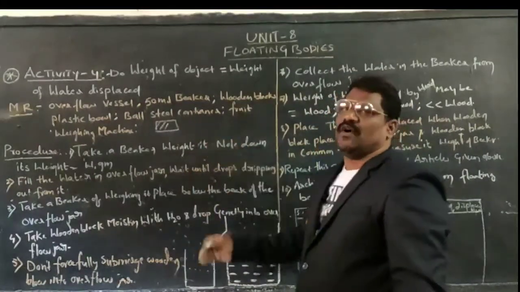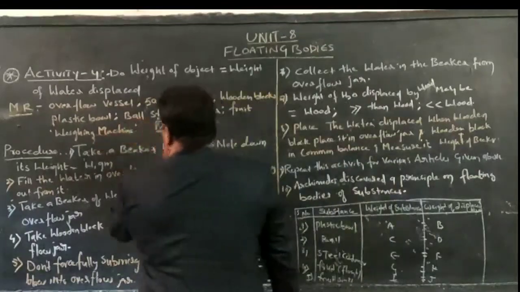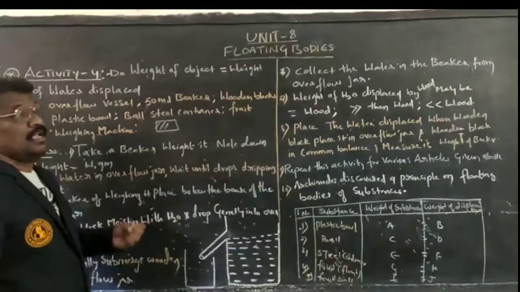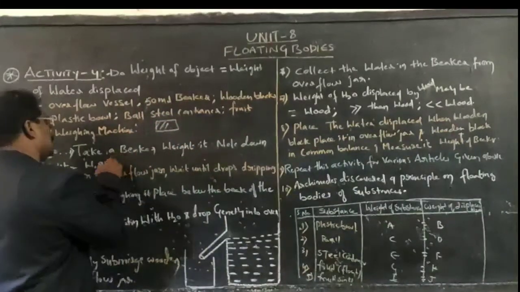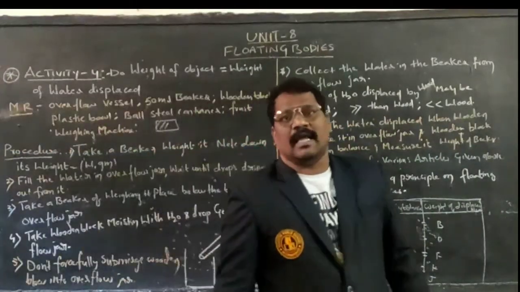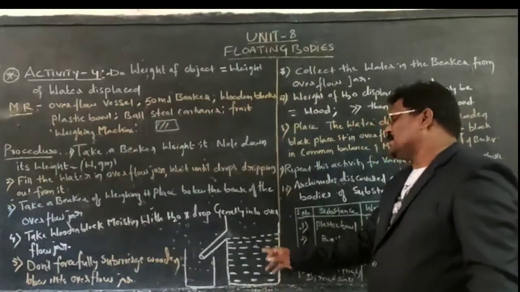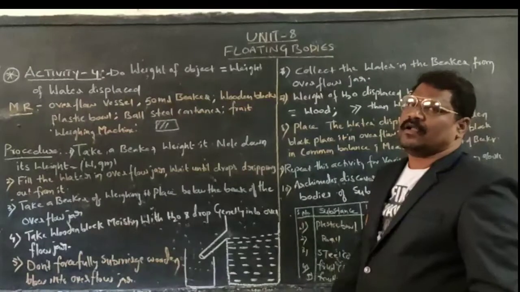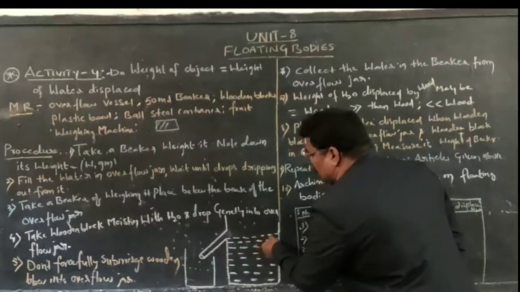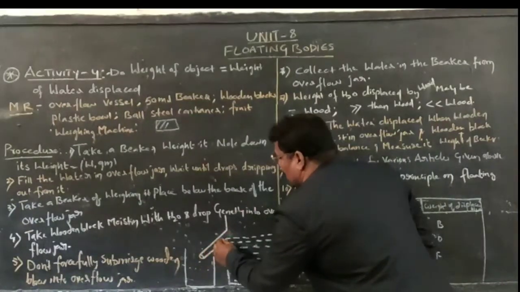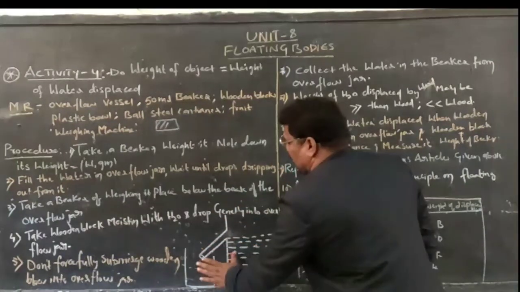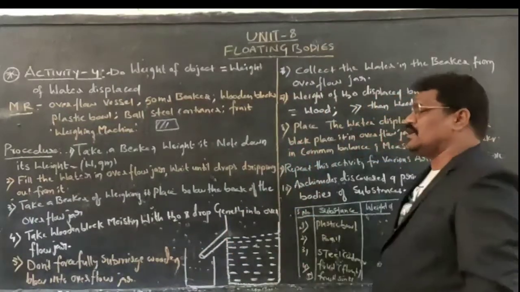Procedure. Now coming to the procedure, what are we doing? Take a weighing machine, take a beaker, place it on the surface of the weighing machine and weigh it. Note down that weight as W1 grams. Later on, take an overflow jar and add some quantity of water to it until the tip is completely filled with water, such that after 2 or 3 drops dripping out from it, the jar is filled with water.